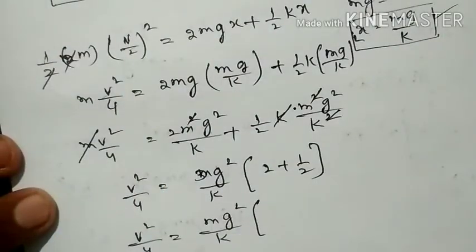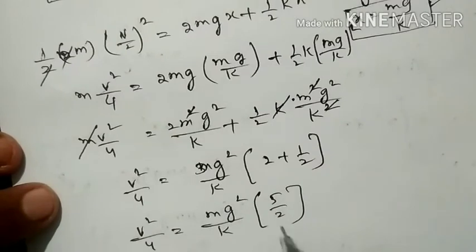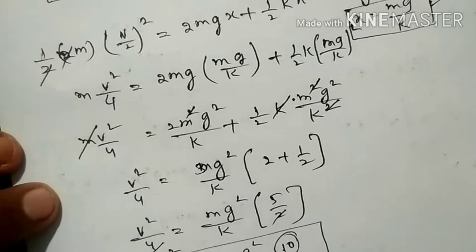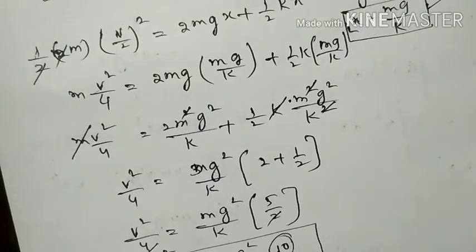So you substitute in the place of 2mgx, you take it as minus 2mgx. Okay, and you continue, so that you will get the correct answer. Equal to mg square by k into 2 5s are 10. Okay, so 10 comes here. If you see the answer,